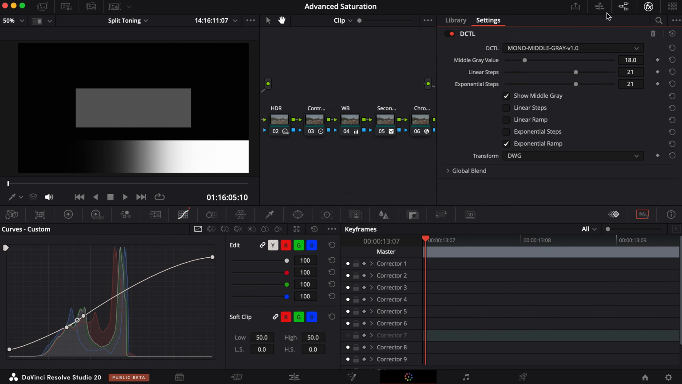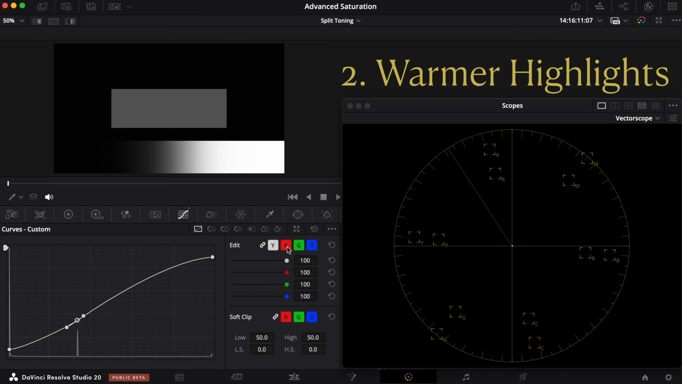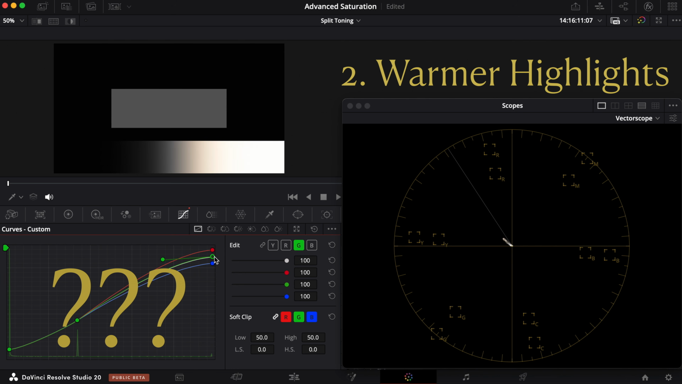Switch the DCTL back on, pull up the vectorscope. Let's work some magic. For warmer highlights, select the red curve and pull it up. Then select the blue curve and pull it down. Use the green curve to adjust. So how much should I pull? Well, let me get back to you on that in a moment, but keep an eye on the vectorscope